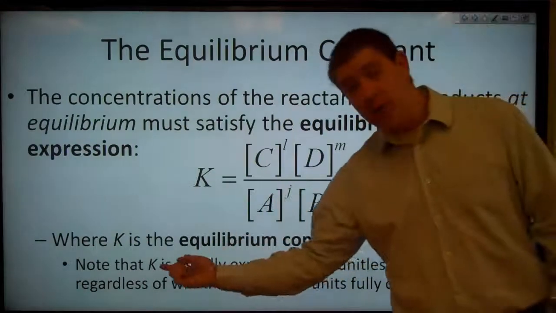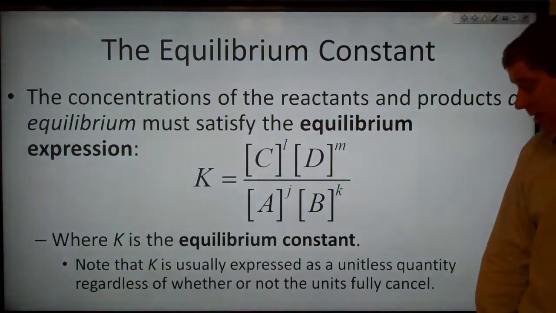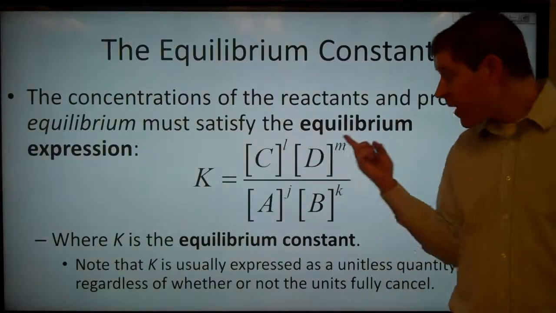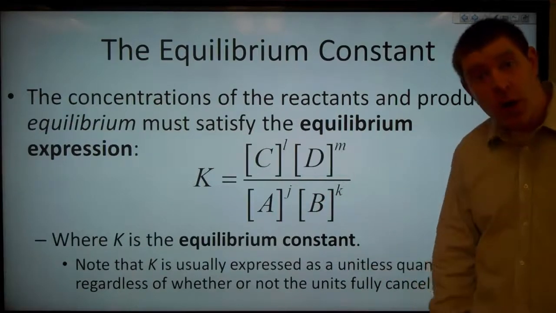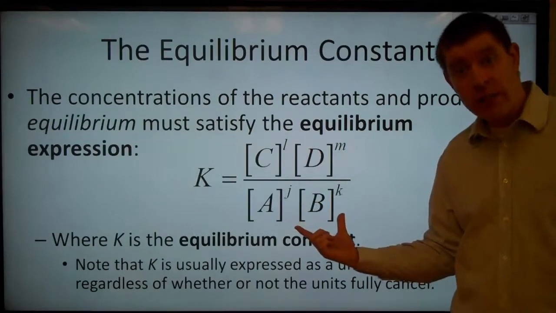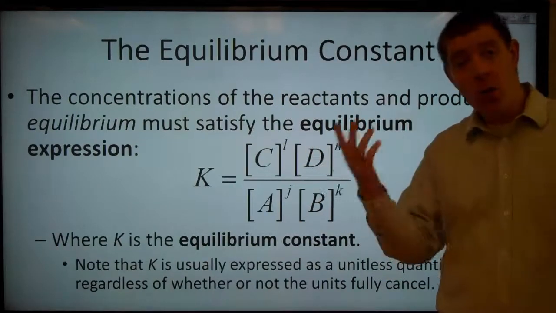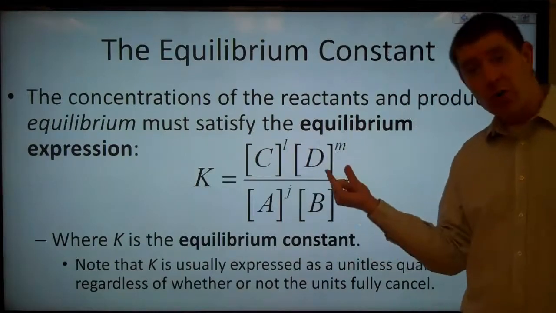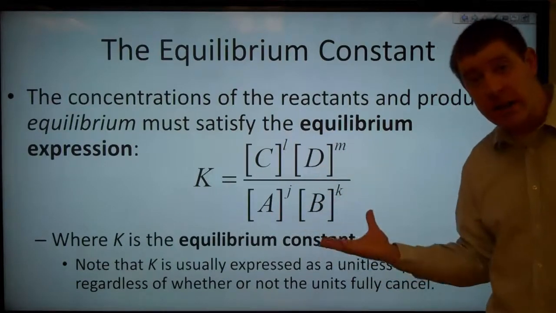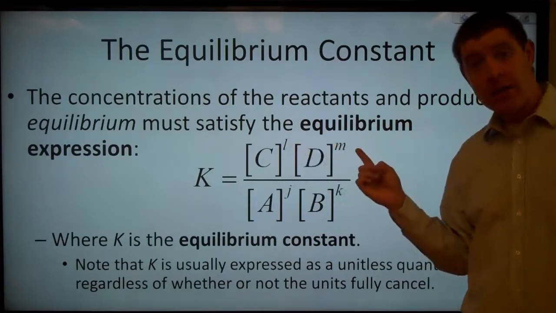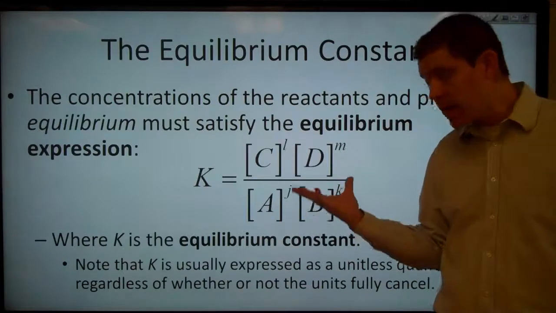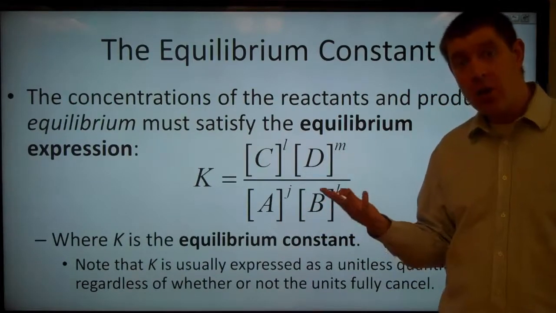So note here that our equilibrium constant K is usually expressed as a unitless quantity, regardless of whether or not the units fully cancel. So if L, M, J, and K are all, say, 1, then the units in the numerator and the units in the denominator would be the same, because our concentrations are, say, in molar. So we have moles per liter times moles per liter divided by moles per liter times moles per liter. But even if the sum of L and M is not equal to the sum of J and K, then usually we express our equilibrium constant as a unitless quantity,